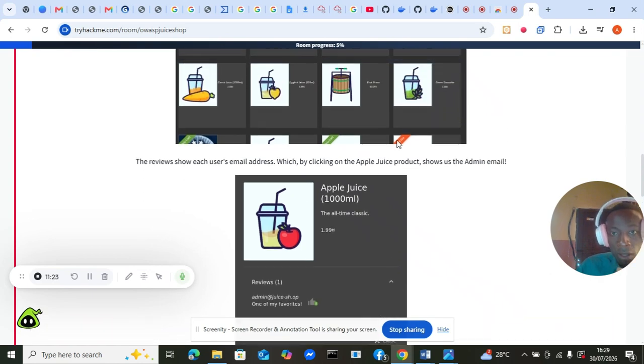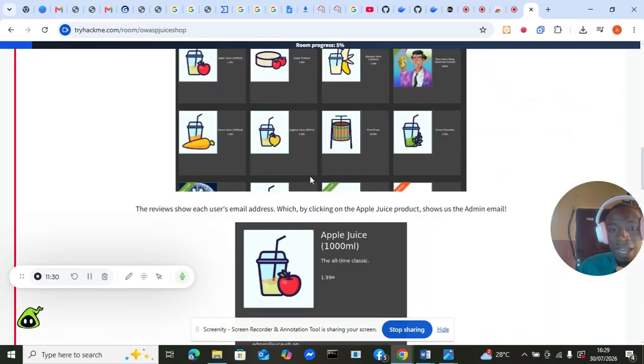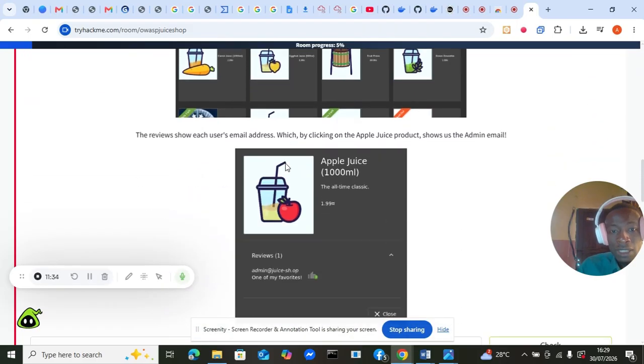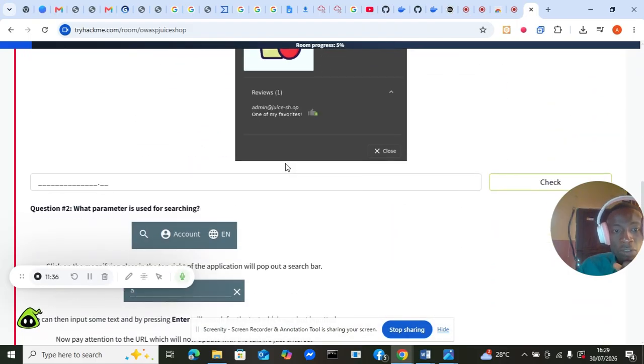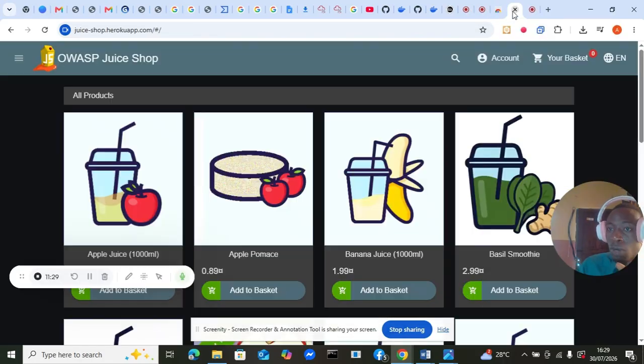That is what they ask us, to find the admin email address. One of the vulnerabilities on a website is when that particular website has the detail of, what do I call it now?